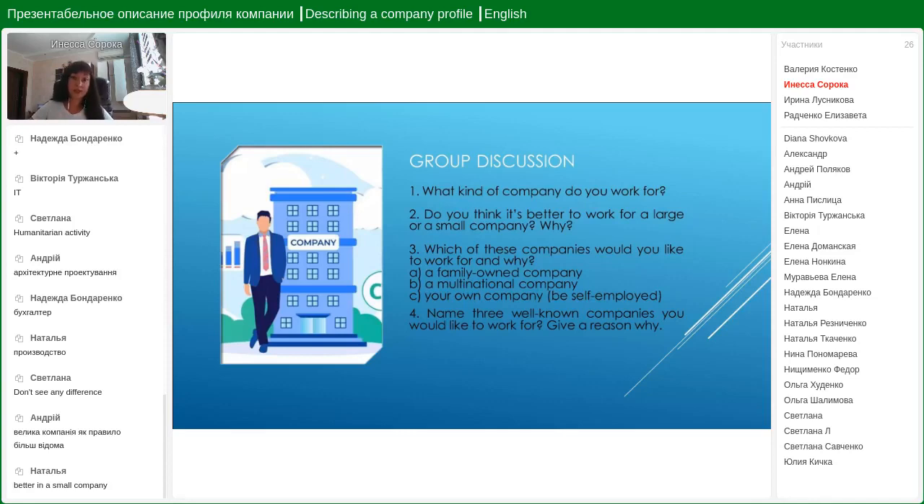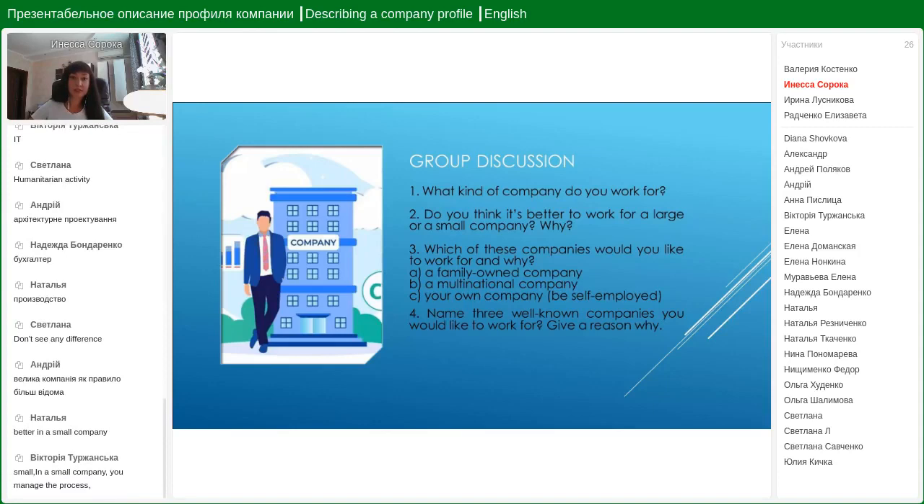And while you are answering, we will move to question number 3. Which of these companies would you like to work for and why? A, a family-owned company. B, a multinational company. C, your own company. D, self-employed. Self-employed means